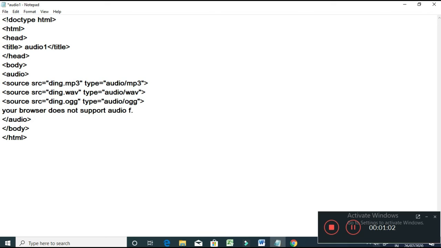Your browser does not support audio file. This message will be displayed if none of these file formats are supported in the browser. We will add one more attribute here,